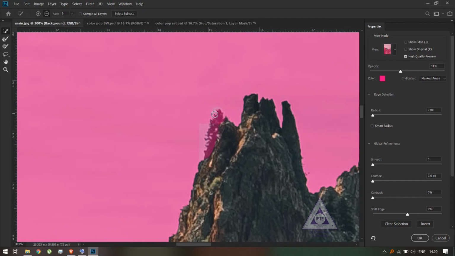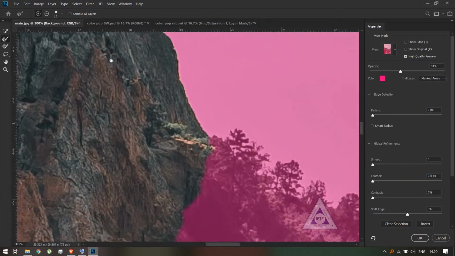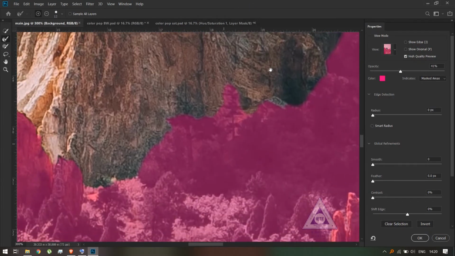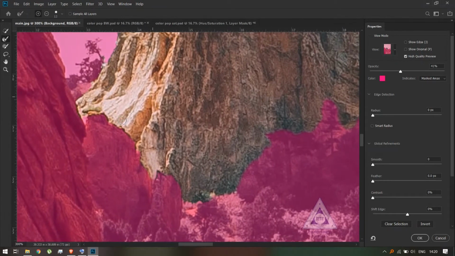And to make your selection more refined, there is this tool which makes your selection more refined around the edges. So I just drag this over certain areas to make the selection much cleaner. And if you want to make certain selections which cannot be made with the quick selection tool or with this tool, you can just use the basic brush tool, and wherever you drag it, it will select or unselect the area.